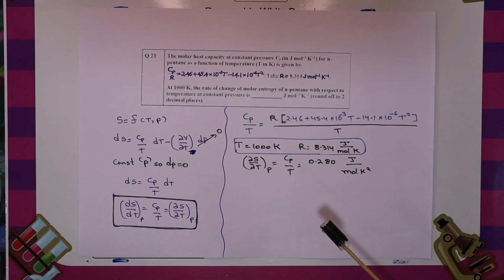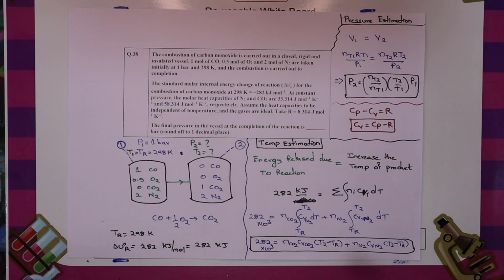Okay, let us move to the next problem. Let us move to question number 38. In essence, I will explain this particular question with a simple case. There is a container consisting of carbon monoxide 1 mole, oxygen 0.5 mole, carbon dioxide 0 mole, and nitrogen 2 moles in the initial state, and a reaction happened, according to CO plus half times O2 gives rise to